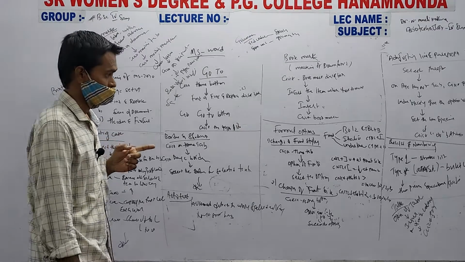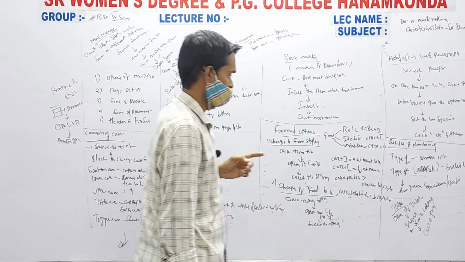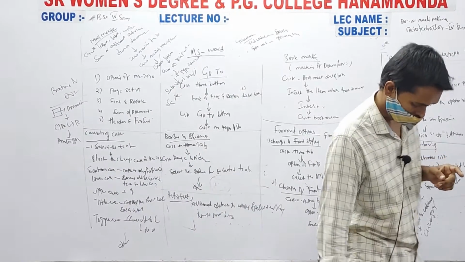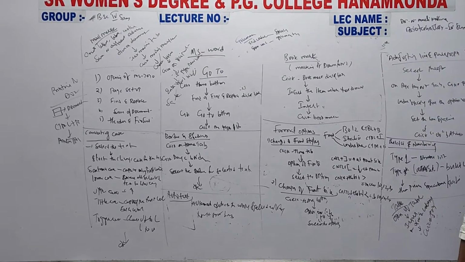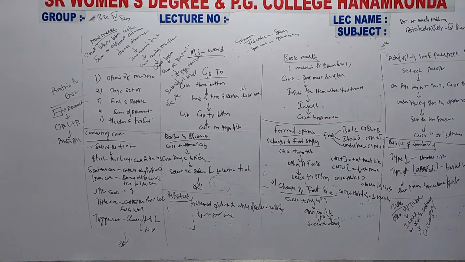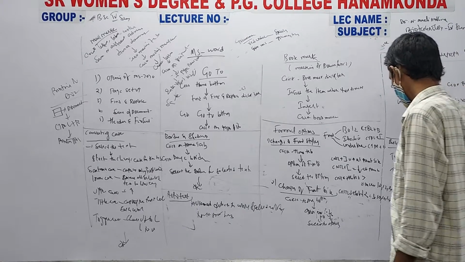And next we have the option, that is tables. In order to insert a table in the document, there will be an option of table. In that, you have to select the number of rows and columns of the desired table size, and then click on insert table, then we will get a table.